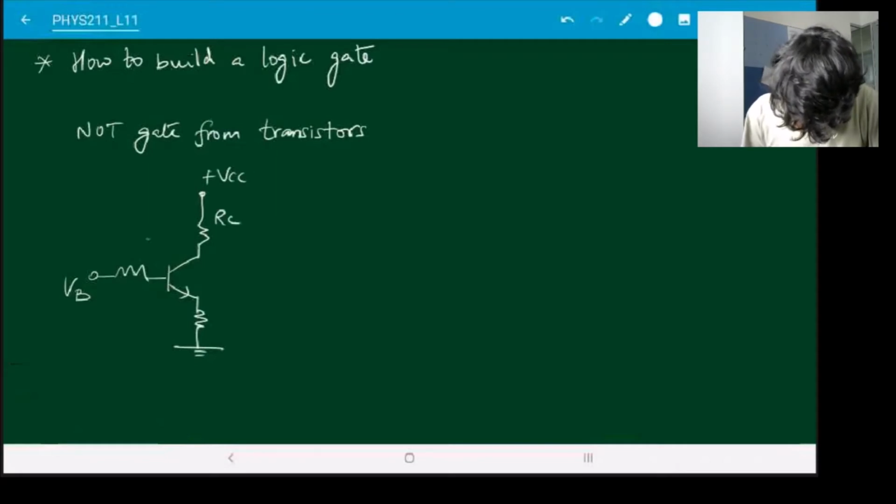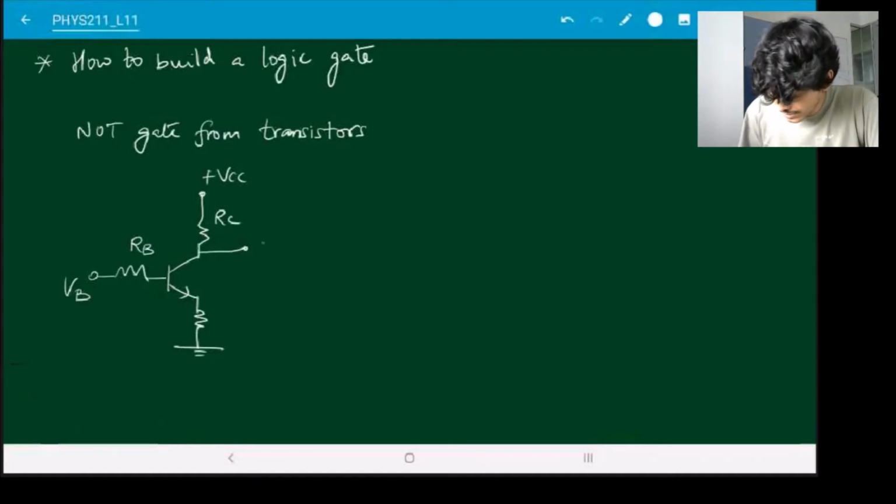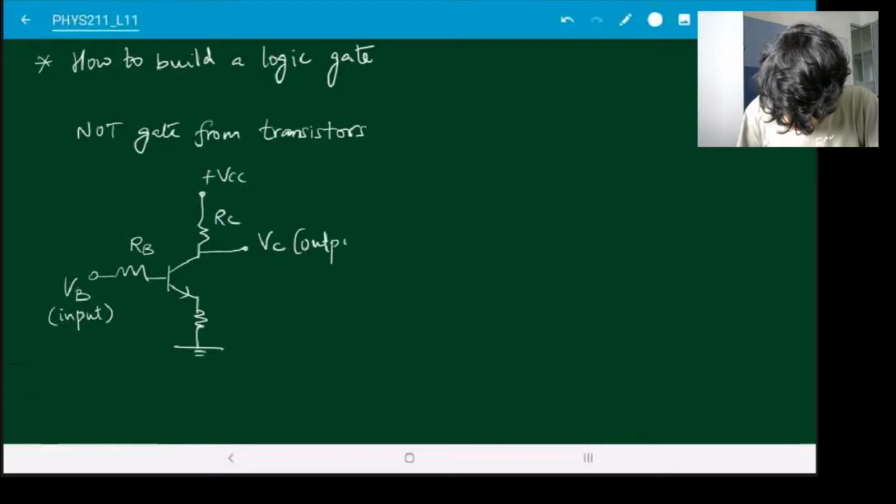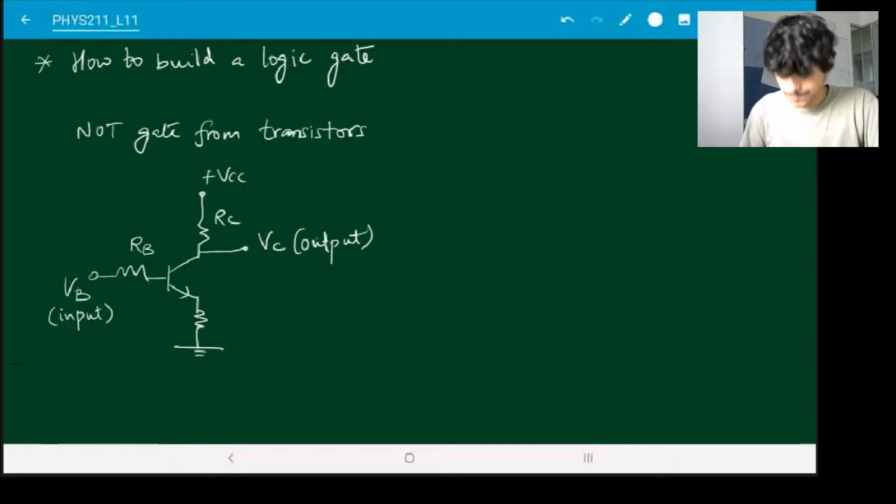So there is some RC, some RB. And if I take the output over here at the collector, so if this is my input and this is my output. So just to go over the working of this one more time,